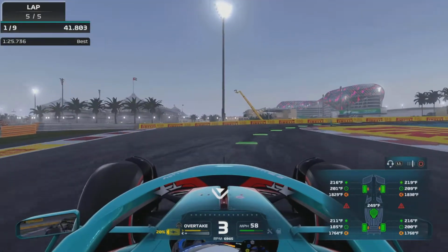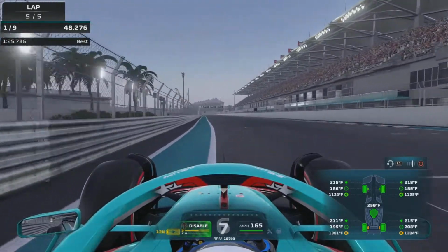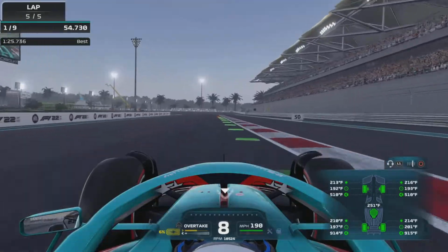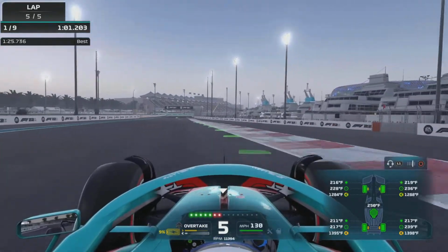I think he didn't want to barely be ahead of me and me have DRS the whole way down the straight, so he's hoping he can get a good enough run that he's so close to me that with the DRS he can overtake me. But you can see once again, we get an absolutely fantastic run out of the chicane and down the long stretch. We hold on to the lead, and while all the main overtaking spots of the lap are gone